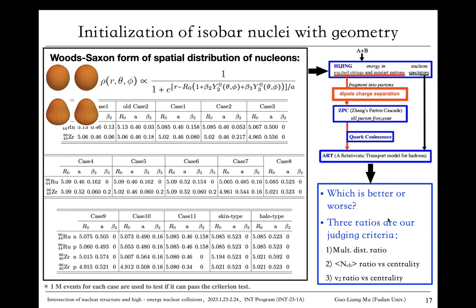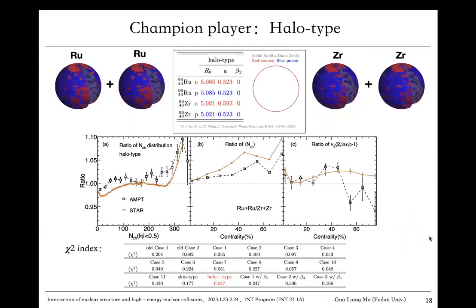And we have three judging criteria. The first one is the multiplicity distribution ratio. The second one is the mean number of charge ratios as a function of centrality. The third one is the v2 ratio as a function of centrality. Due to the time limit, I will not show all the cases. We compare all the cases by looking at the chi-square and all three judging standards, and we found this high-low type,